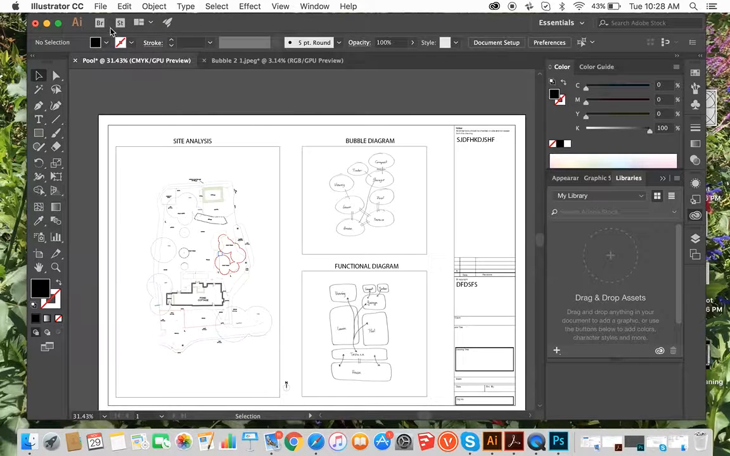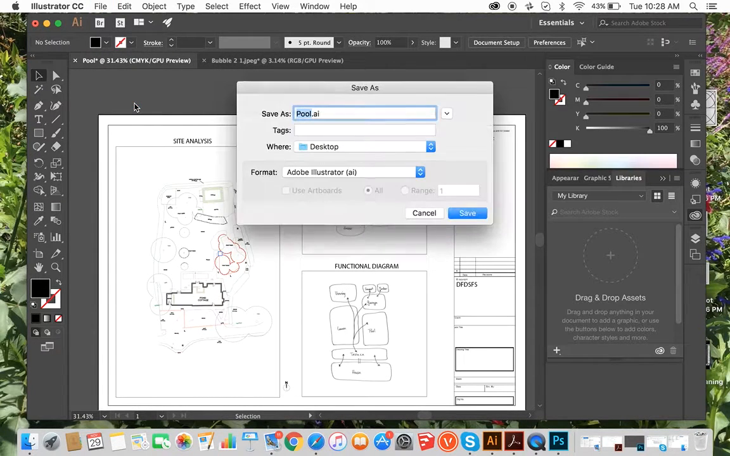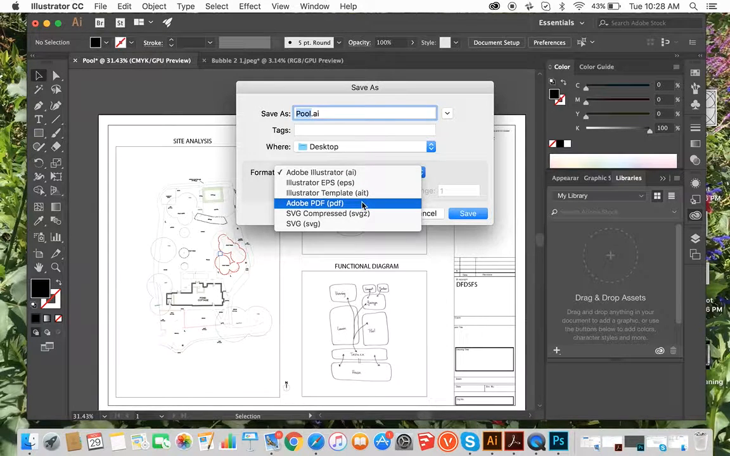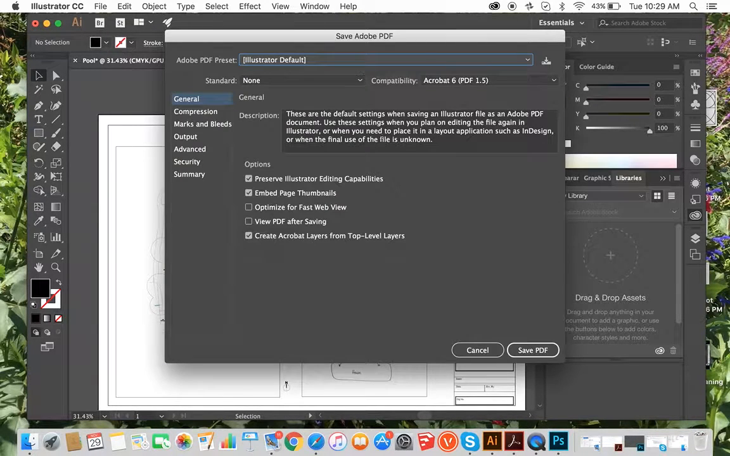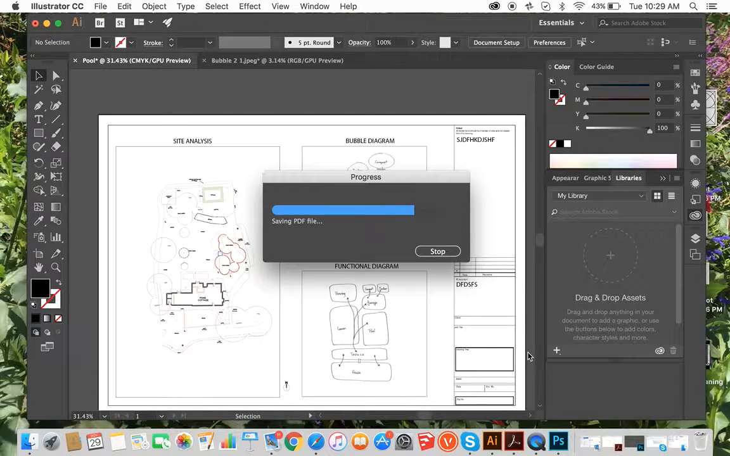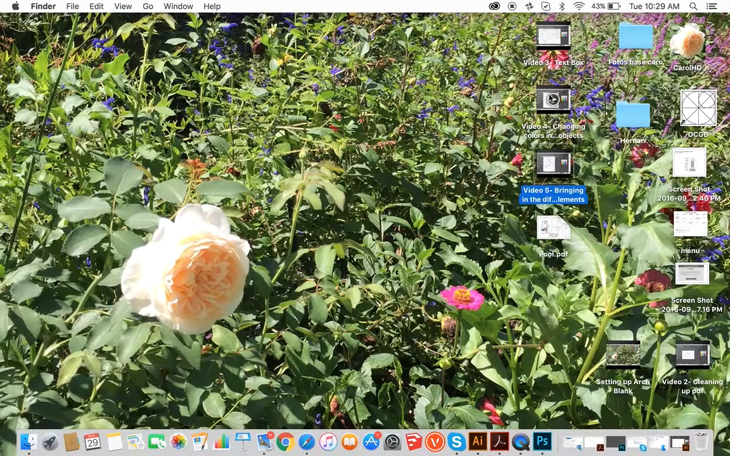Once I'm done with this, I'm going to save it. And how am I going to save it? Currently it is an Adobe Illustrator file, AI. You can save it directly as a PDF. If I wanted to, I can save it as an Illustrator file and then a PDF, right? So what do you do if you need a JPEG? And like I said, I'm sure there are better ways to do this, but basically what I do is I'll just take the file